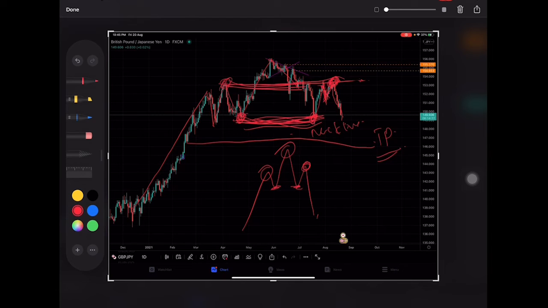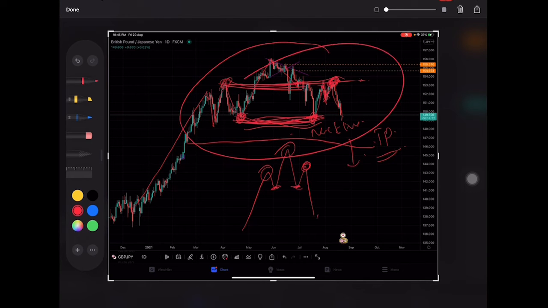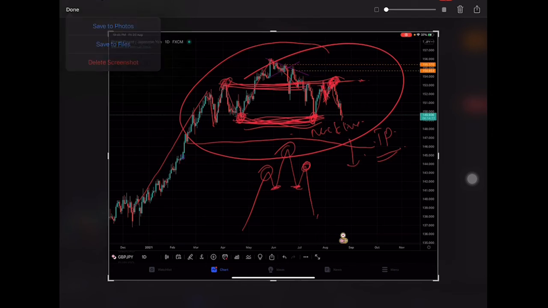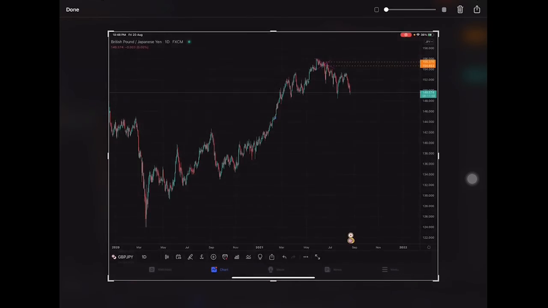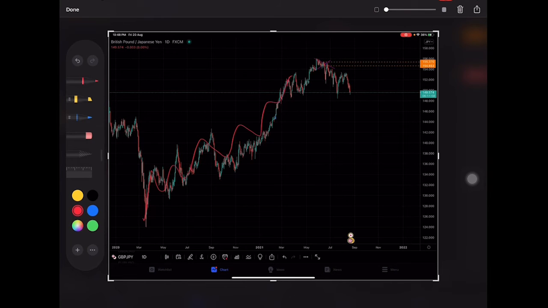If it breaks this level, it will be going down because this is a reversal setup. So what do you mean by reversal setup? As you guys can see, this price is going up. When it's a reversal setup, the price may go down to this level. This is our best prediction outcome. It may go down to that level, but in order to trade safely,